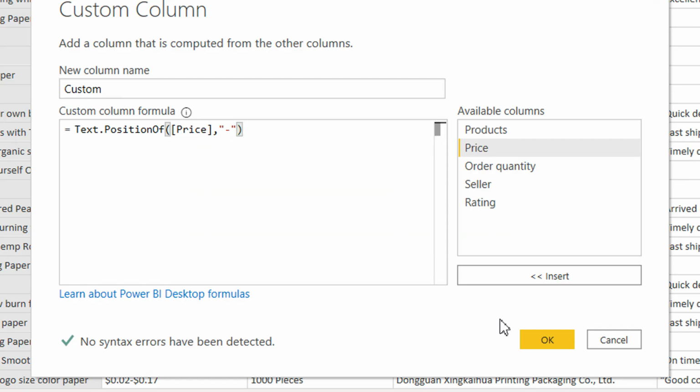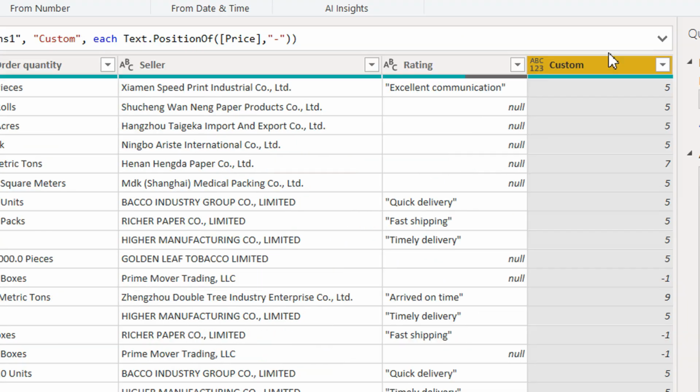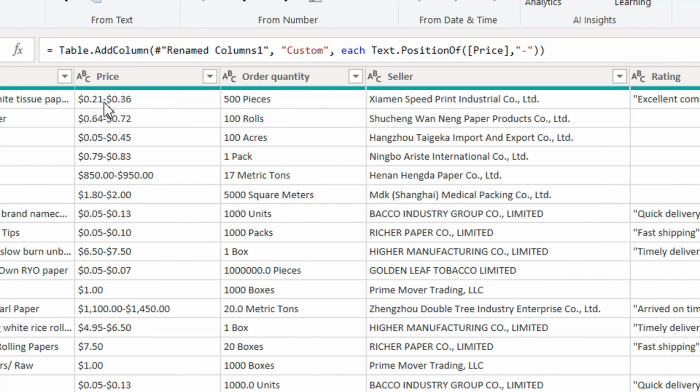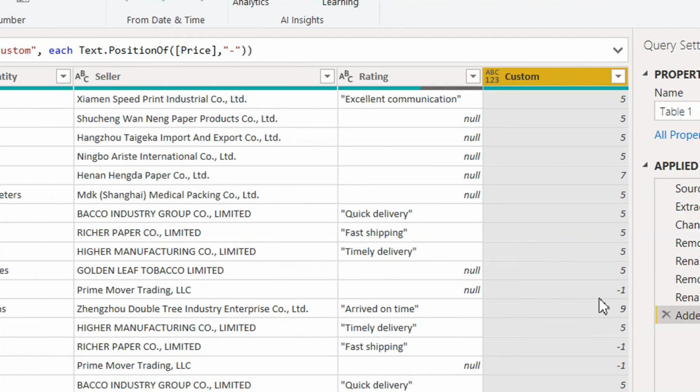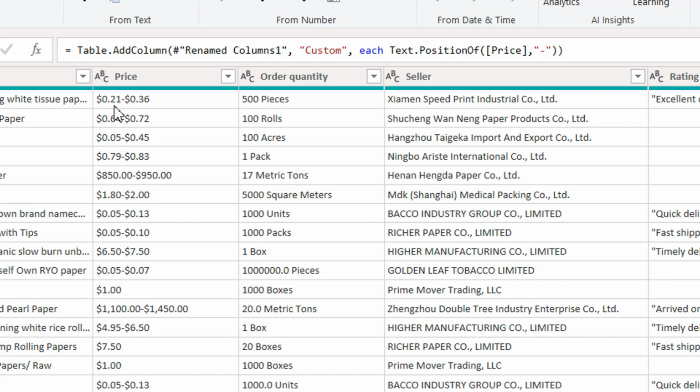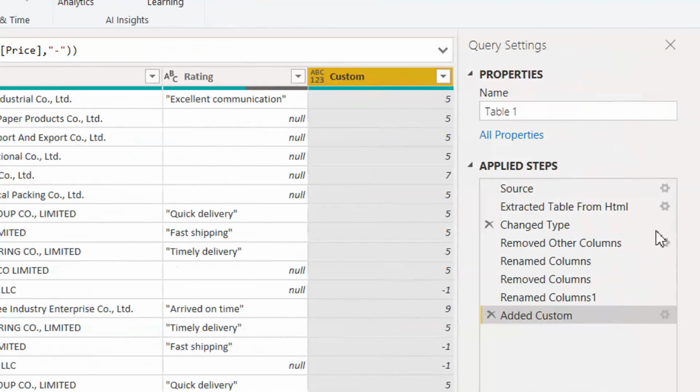So click OK, and here you can see this is the index of this dash, right? And here we are getting -1 because there is no dash available here. So we need all these digits before the dash. So for this we again need to click